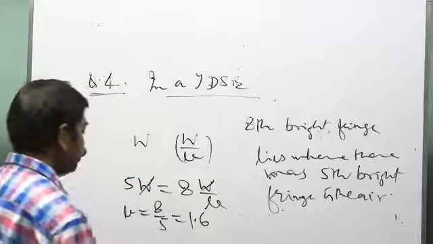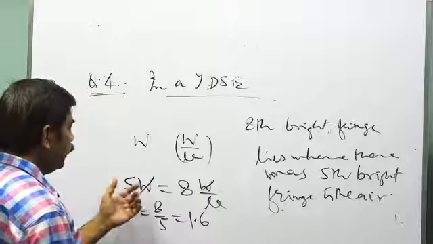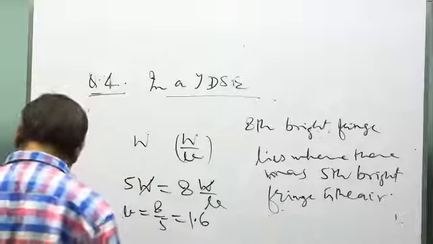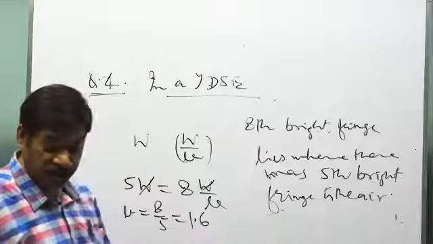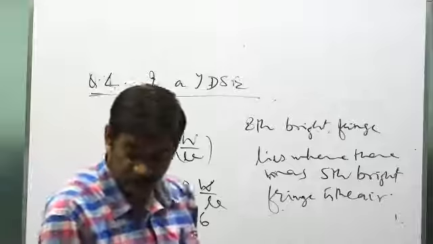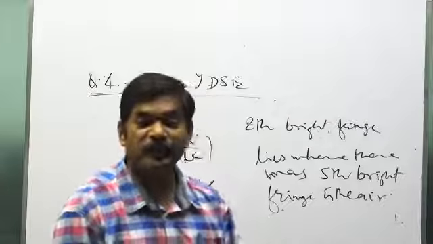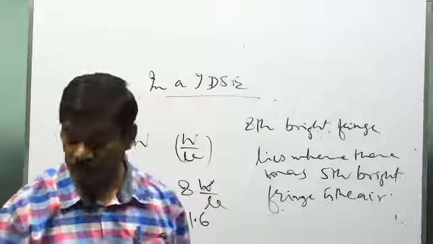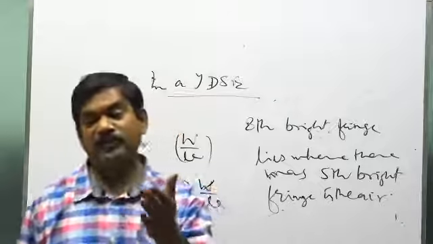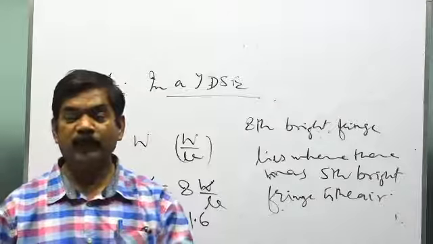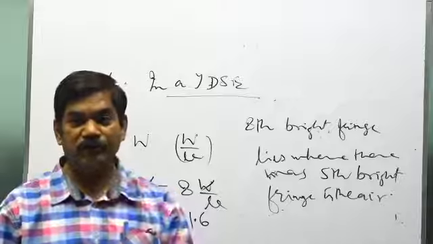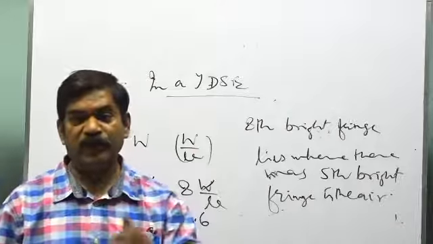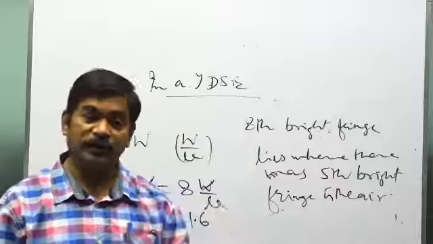What they would have done with the fifth bright fringe: n equals what? Let me check it, because it's not given here whether the central maximum has been included or not. If the central maximum is a separate maximum, we call that n equals 0, the central maximum. Then n equals 1 is the first maximum, and n equals 2 is the second maximum.